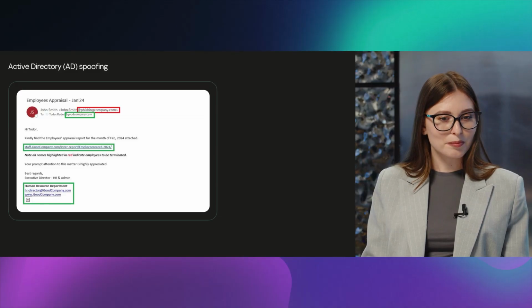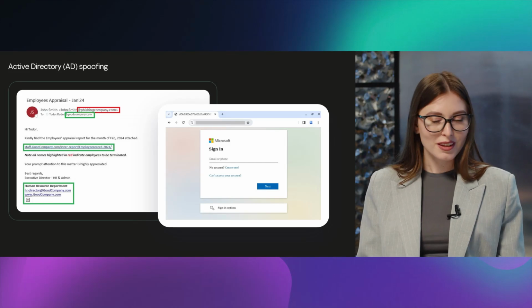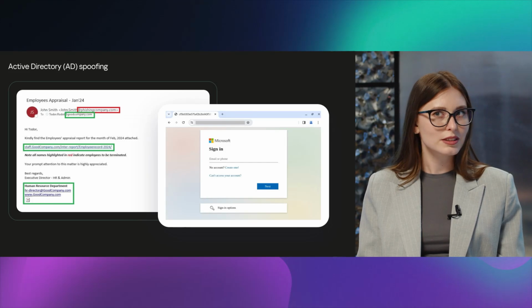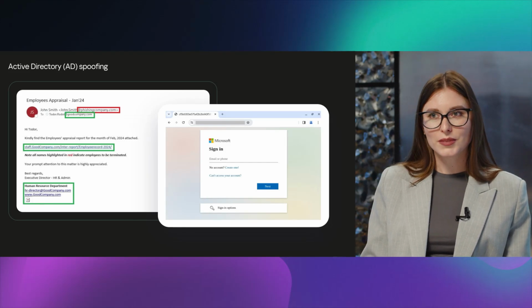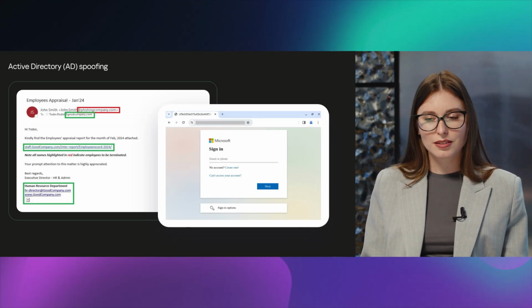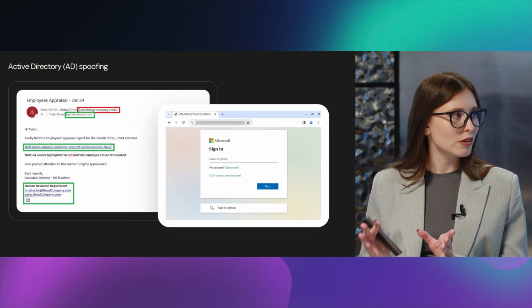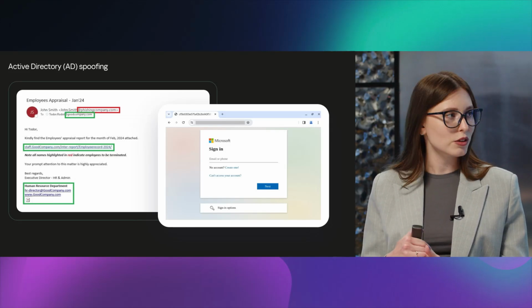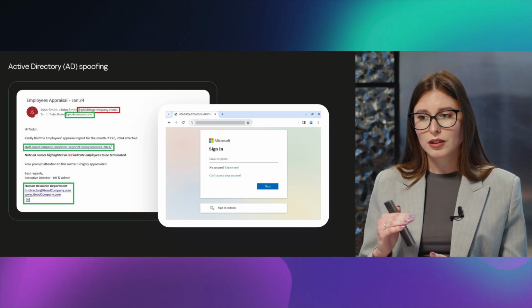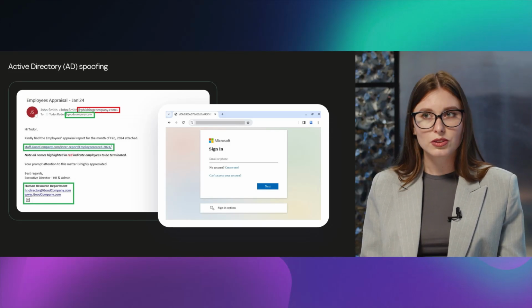I agree with you. Actually, targeted email threats require a special approach. Now I'm going to talk only about Active Directory spoofing. So this is one of the varieties of display name spoofing. The display name is the name of the sender that gets shown in the from header before the email address. So in corporate mails, for example, it's usually the real name of an individual or a department.